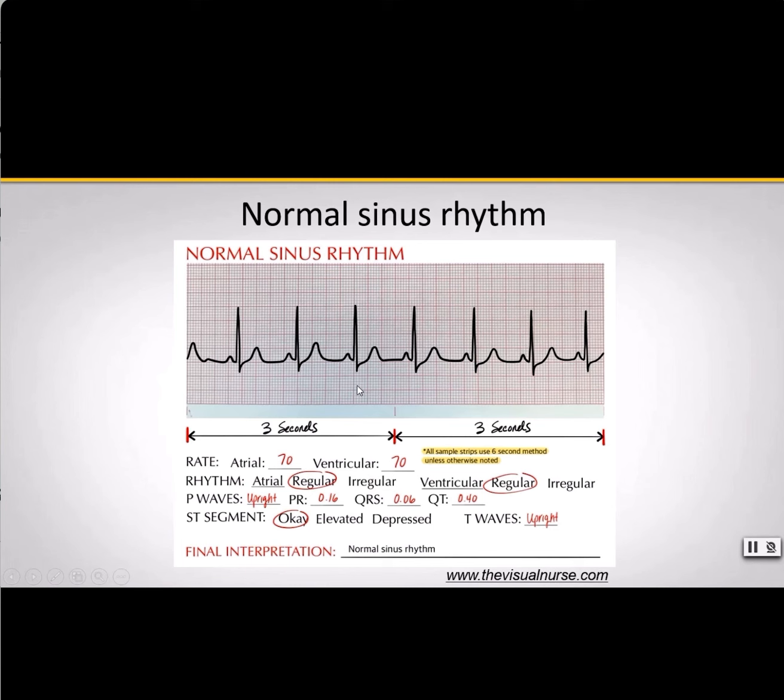Next up is the QRS complex, okay? The QRS complex is a little bit greater than 1 small box, but it's a little bit less than 2 small boxes here. So the QRS complex is going to measure 0.06 seconds. Again, that's less than 0.12, which is the normal expected rate for the QRS complex. So the QRS complex width is said to be normal. It's narrow. The QT interval, remember, this is measured from the beginning of the QRS complex to the end of the T wave. The QT interval